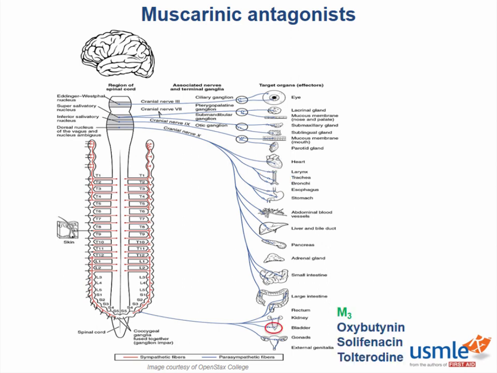Oxybutynin, solifenacin, and tolterodine block muscarinic receptors on the detrusor muscle of the bladder. Antagonism of muscarinic receptors on the detrusor muscle prevents it from contracting, and therefore you cannot push urine out. This is great when you're treating an overactive bladder,